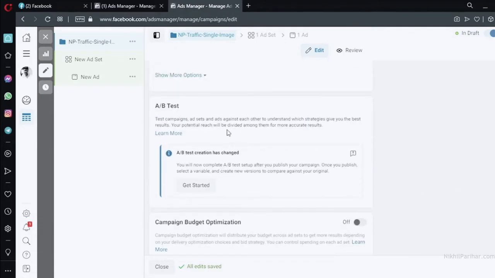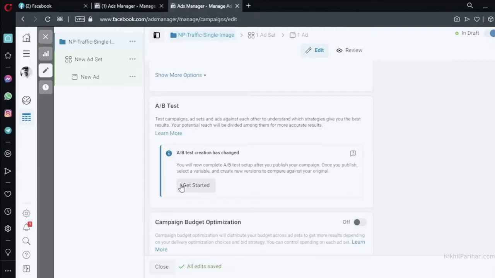You can go ahead and create an A/B test also. A/B test is like you can test your campaign based on a few parameters. For example, if you are creating this campaign and you create an A/B test, it is going to create a duplicate campaign for you, and in those campaigns probably you can run them parallelly. For example, in campaign A, you are running them for 18 to 24, and campaign B, you are running them to 24 to 35 age of audience. So you can test both the audience and understand which one is bringing you more results.